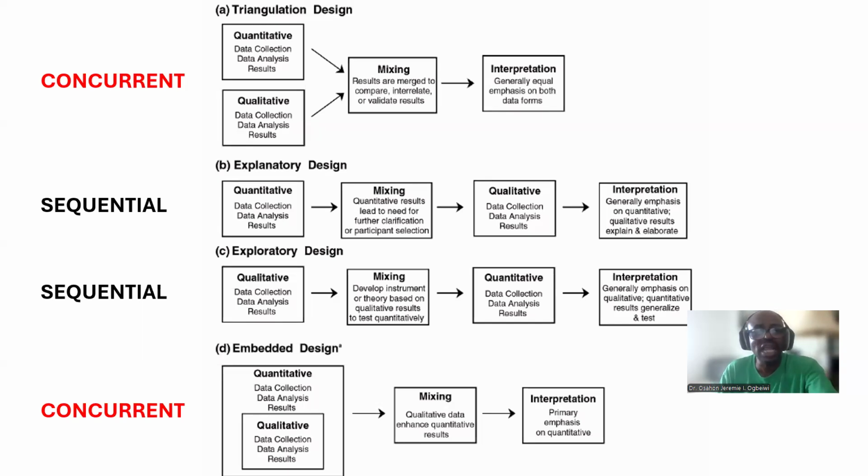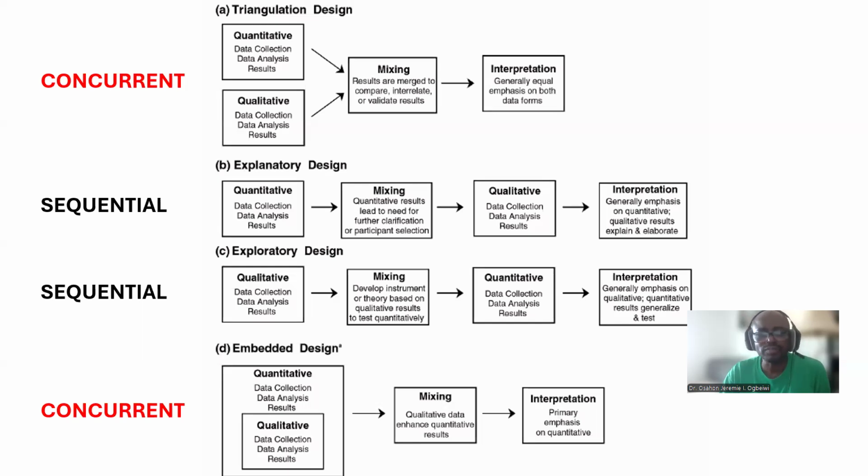In a sequential research, if you do the quantitative first, and then you go to the field to do the qualitative, so that you can explain the quantitative data that you have obtained. So you call that mixed method design a sequential